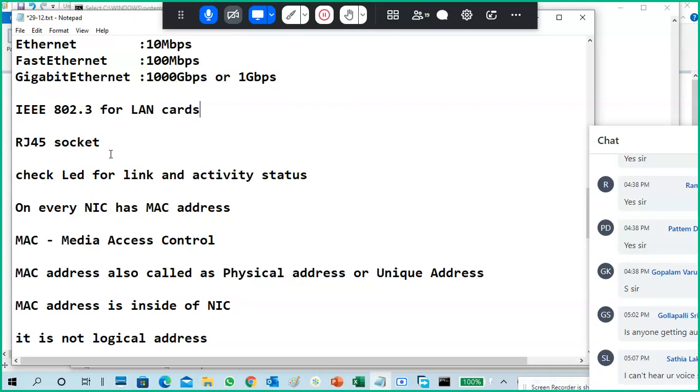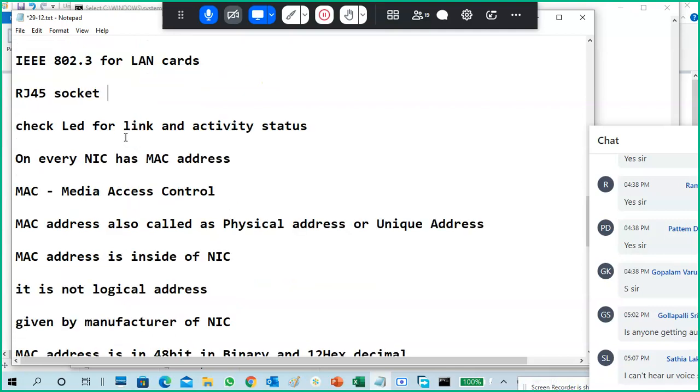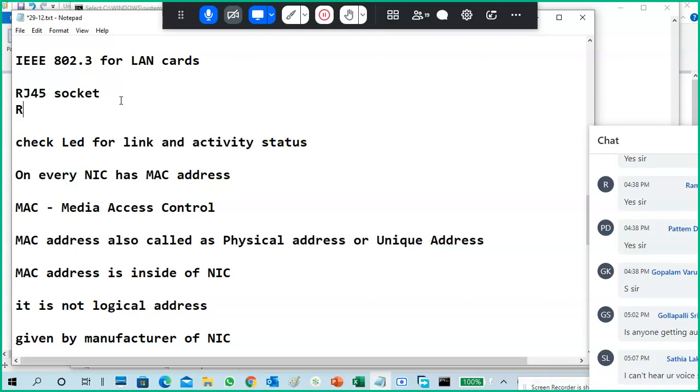Okay, LAN cards are Ethernet, fast Ethernet like that. There is ABCD maybe there, and it contains an RJ45 type of socket. RJ means registered jack.